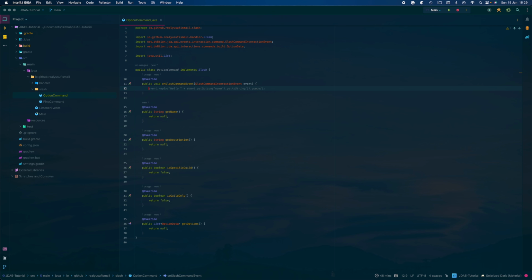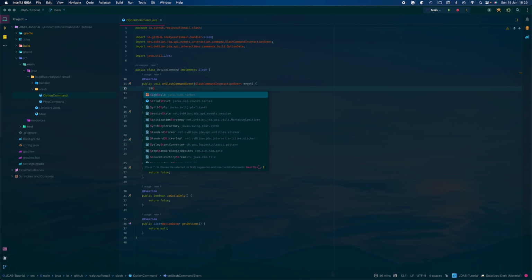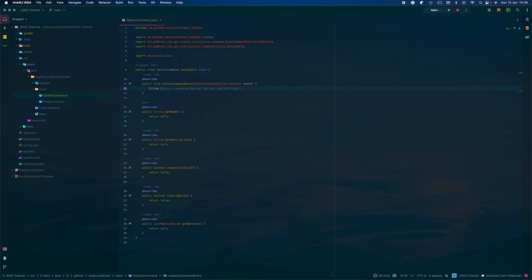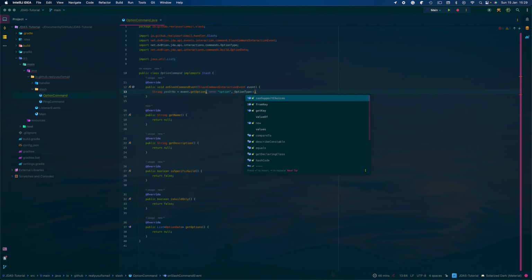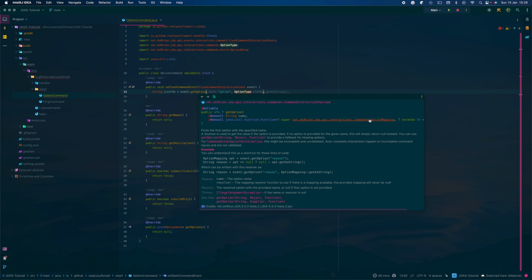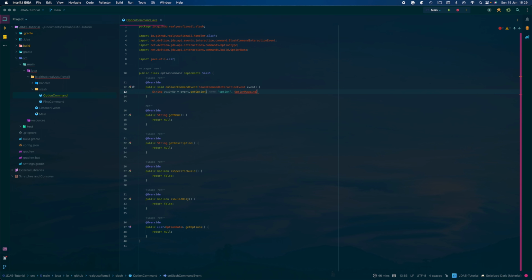So in here we're just gonna do string yes or no equals event dot get option, and let's try option. That's what we're just gonna call it, and just call here slash option type, and just do here string. Nope, I've got it wrong. Option mapping. That's basically contains all the types of option you can get in this code. So if you go here and you have a look,